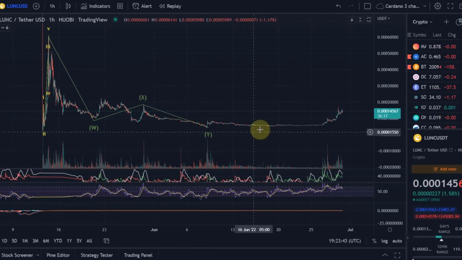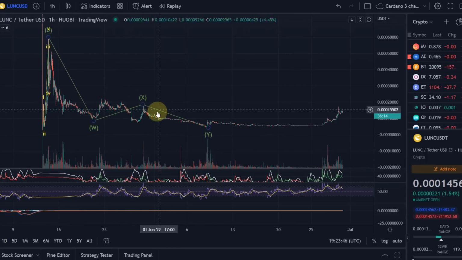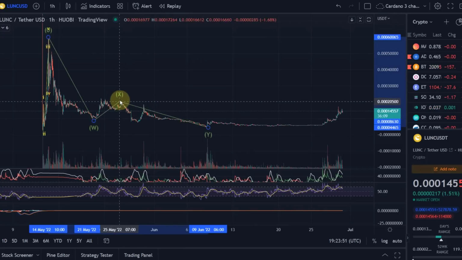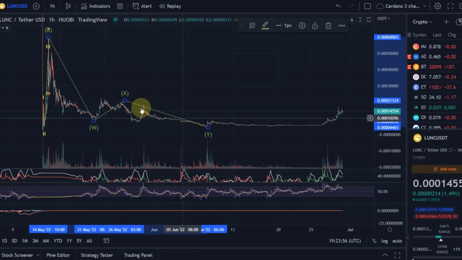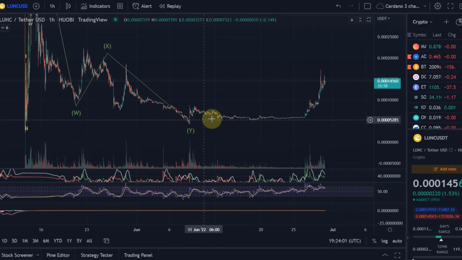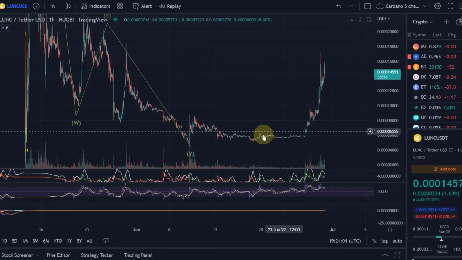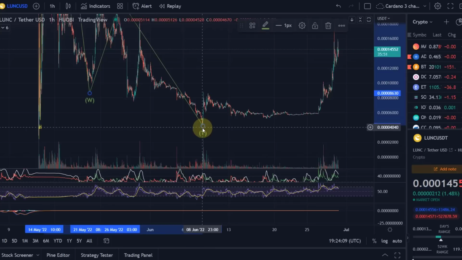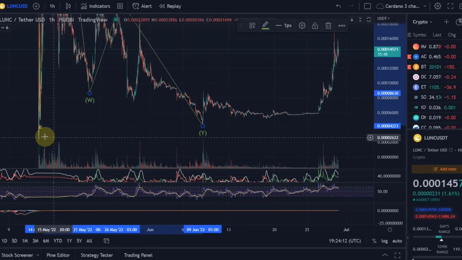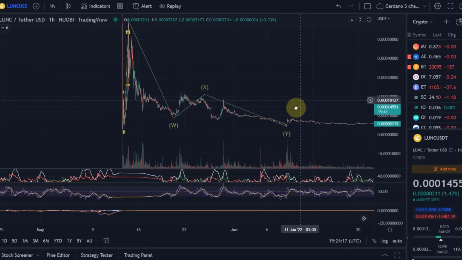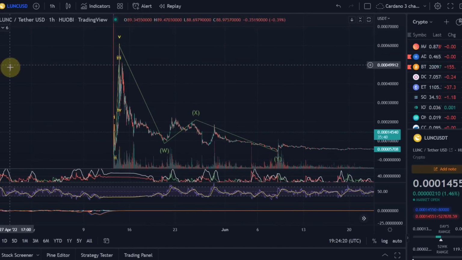Let me just think. Or even you could argue, was it maybe here? But it doesn't matter much. What is crucial now is that this was the low. And this low, the wave Y here, was higher than this one, which is already a good sign, because in the end, what we can count this like is this here was then a wave 1.